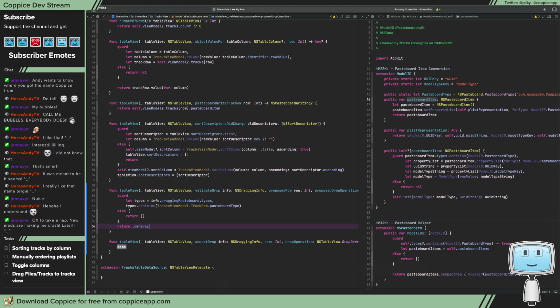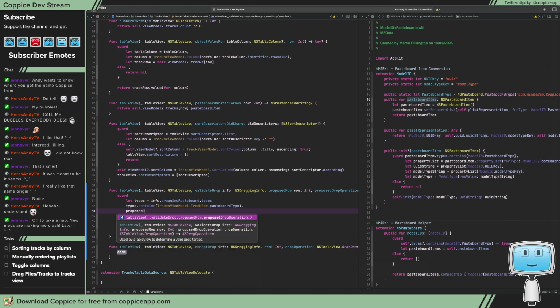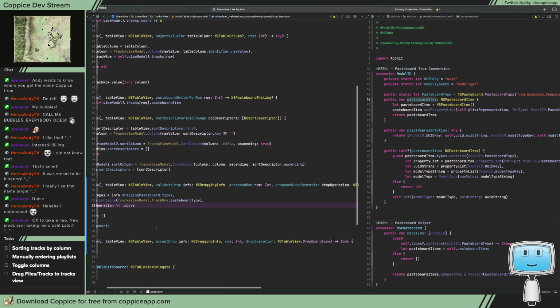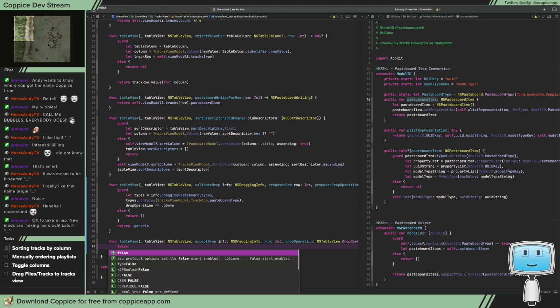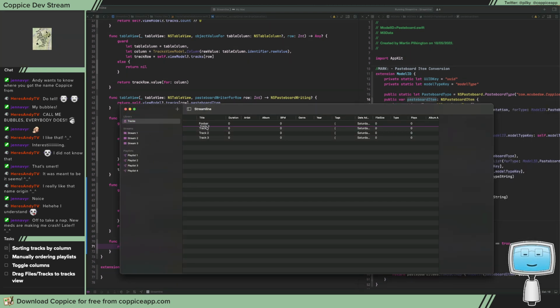I think we want generic. We also want the proposed drop operation to equal above. So that should let us drag between the rows now. Which it does. Now we don't want this to happen